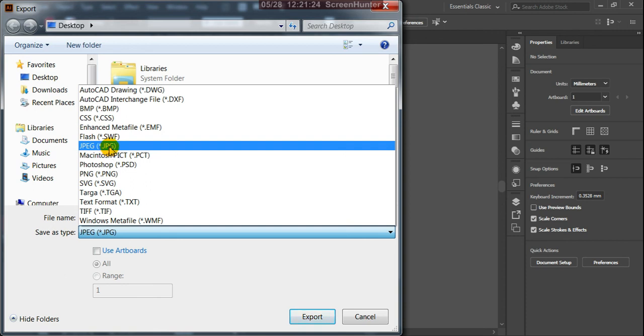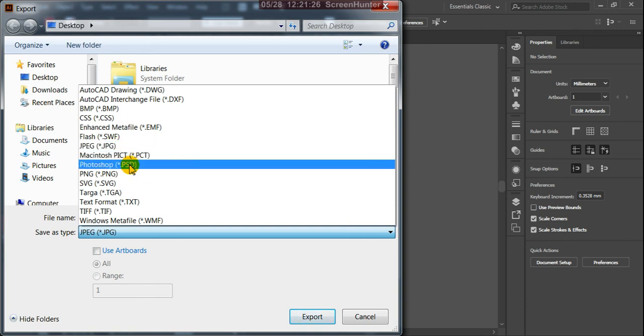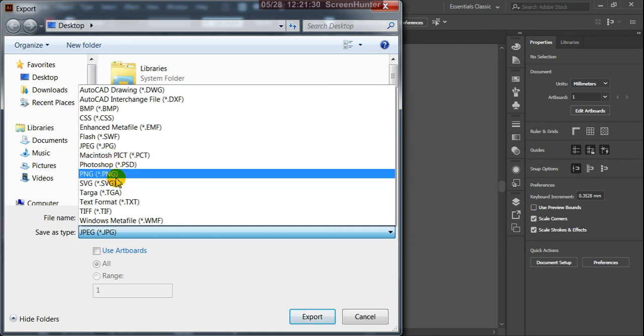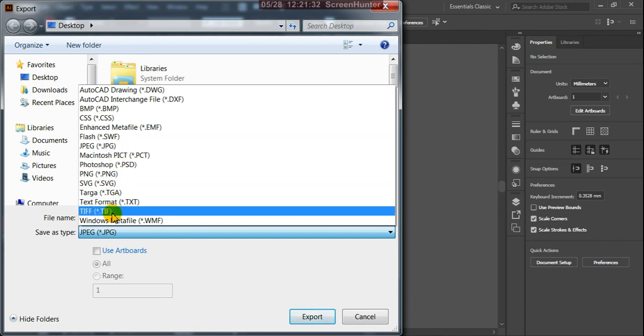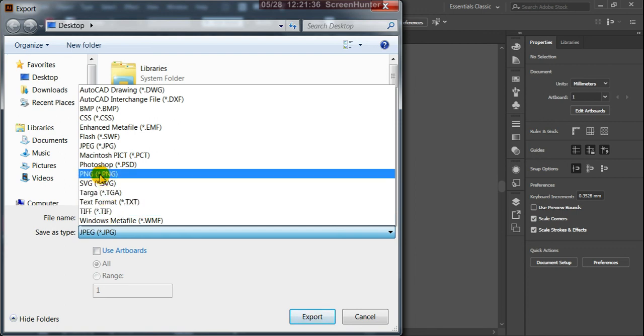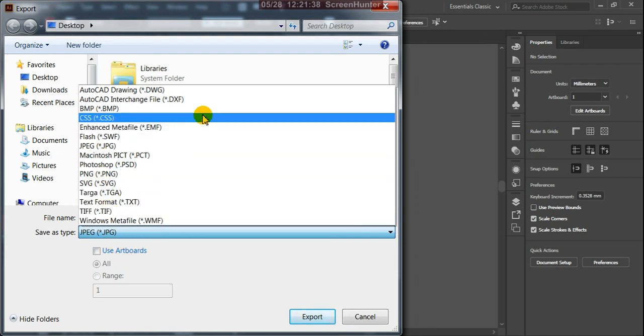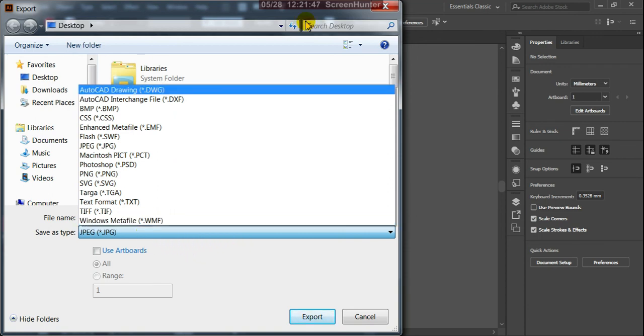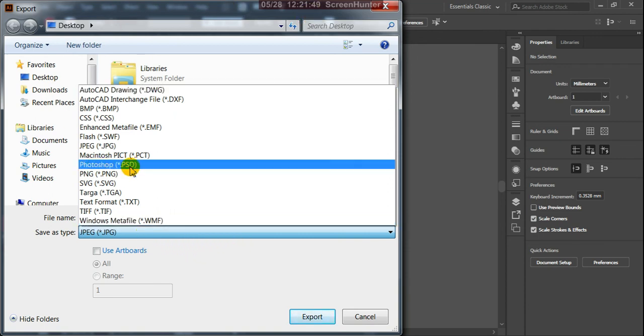And JPEG, Photoshop, PNG, SVG. So these are the important file formats. TIFF format is what you get for large files. So these are the formats we use whenever we do design work for final submission. I'll explain all these things again.